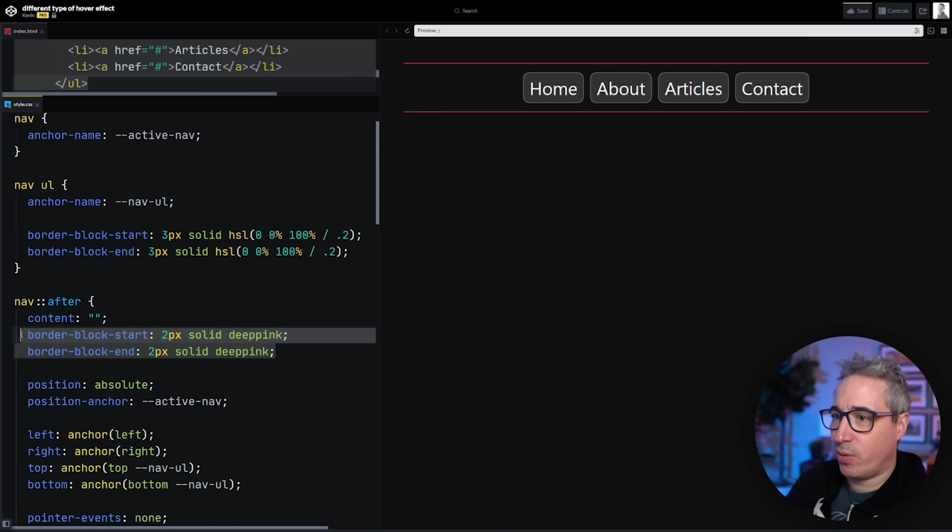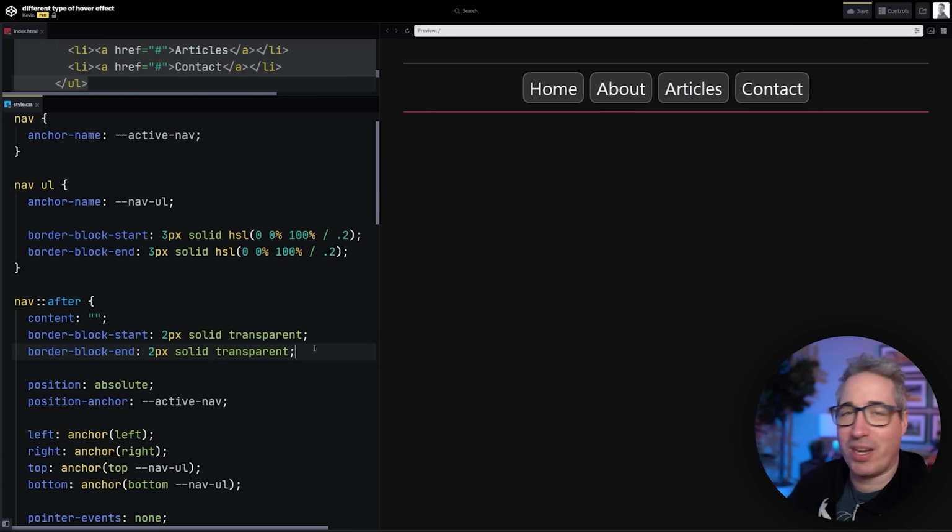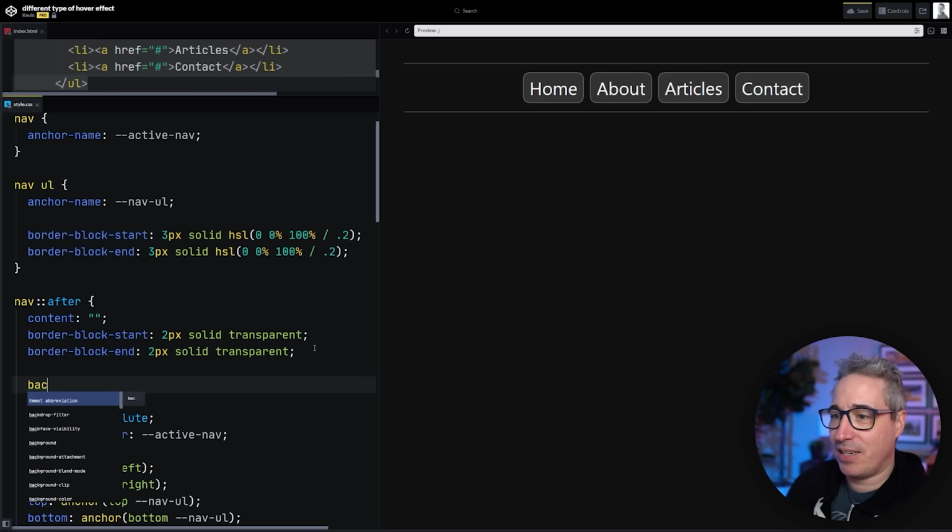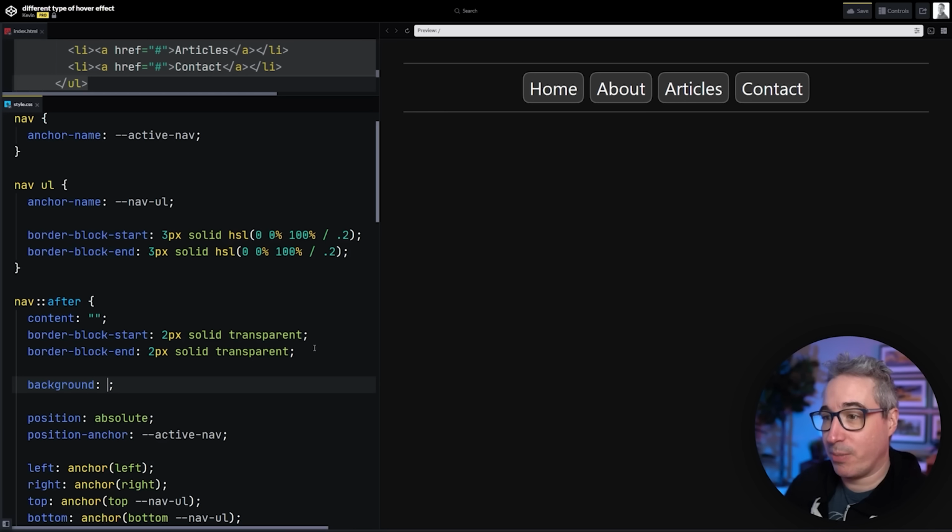Okay, that's not going to work. This is going to become transparent. Some of you watching this will know what I'm doing, and others, I've done this a lot lately with gradient border stuff. If you need a gradient border, you can use border images, but I find it much easier to do transparent borders and then set a background, which is going to be background shorthand on purpose here